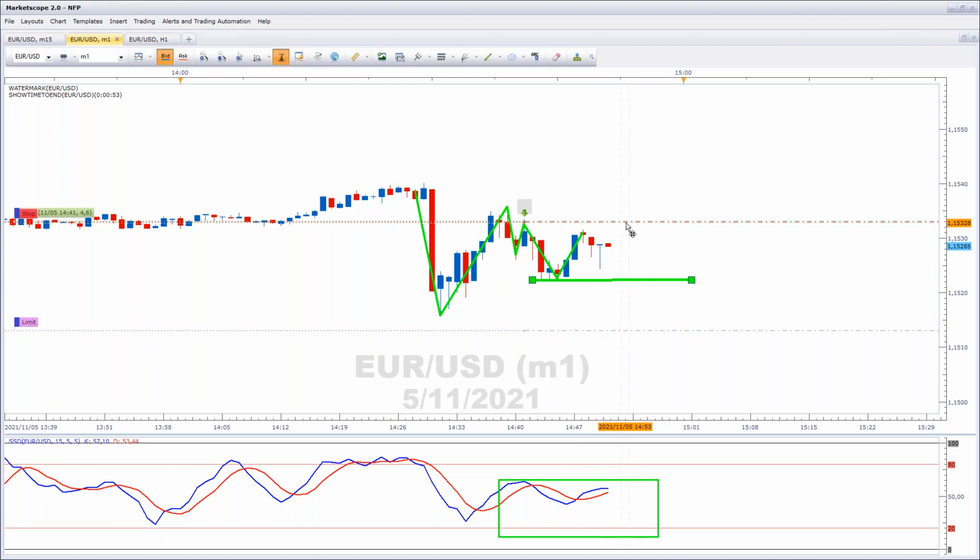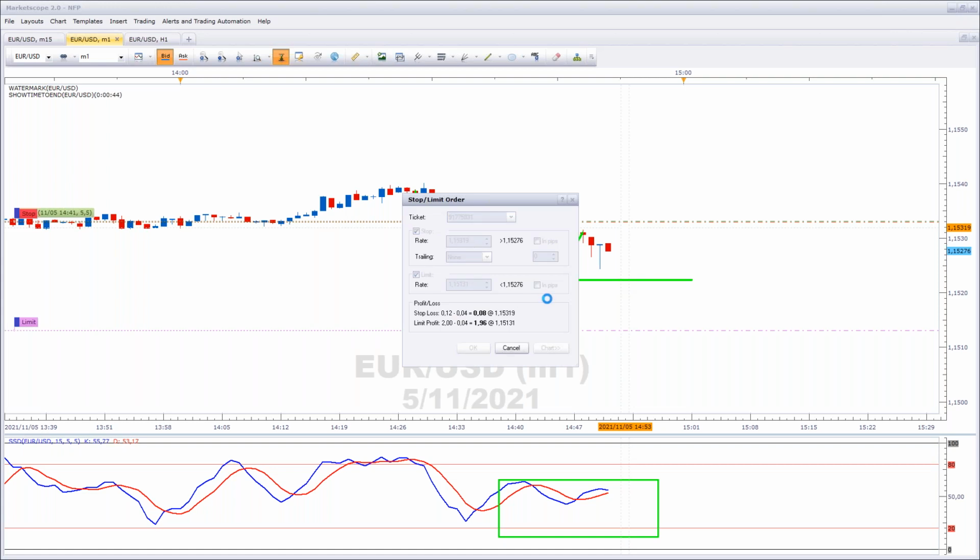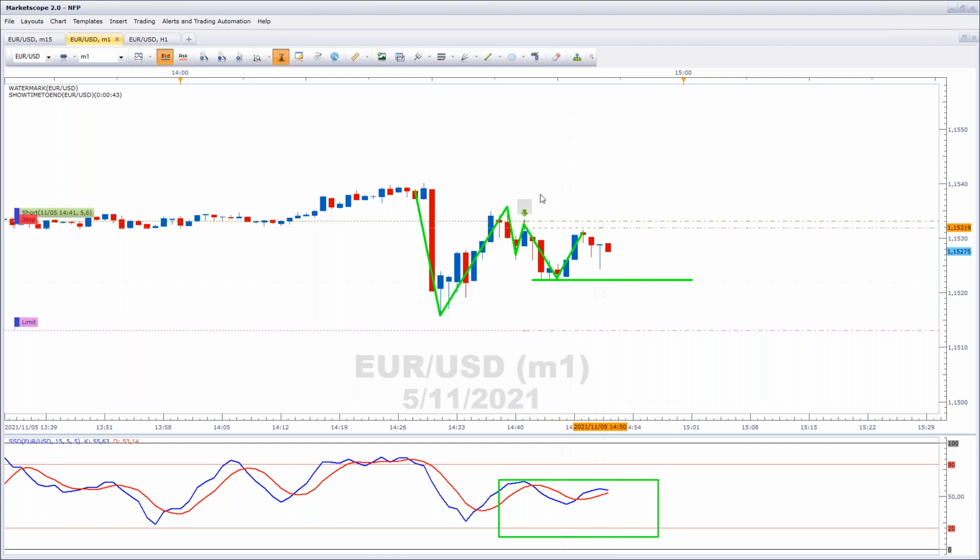I'm going to drop this down because this could be a contra. Explain that in a moment. Just going to drop this down a bit more. So we've been looking for a swing low. Well, sorry, we've been looking for a swing high. This is a potential swing low. Well, that would put the movement in the wrong direction against us. So I brought the stop down a bit more.